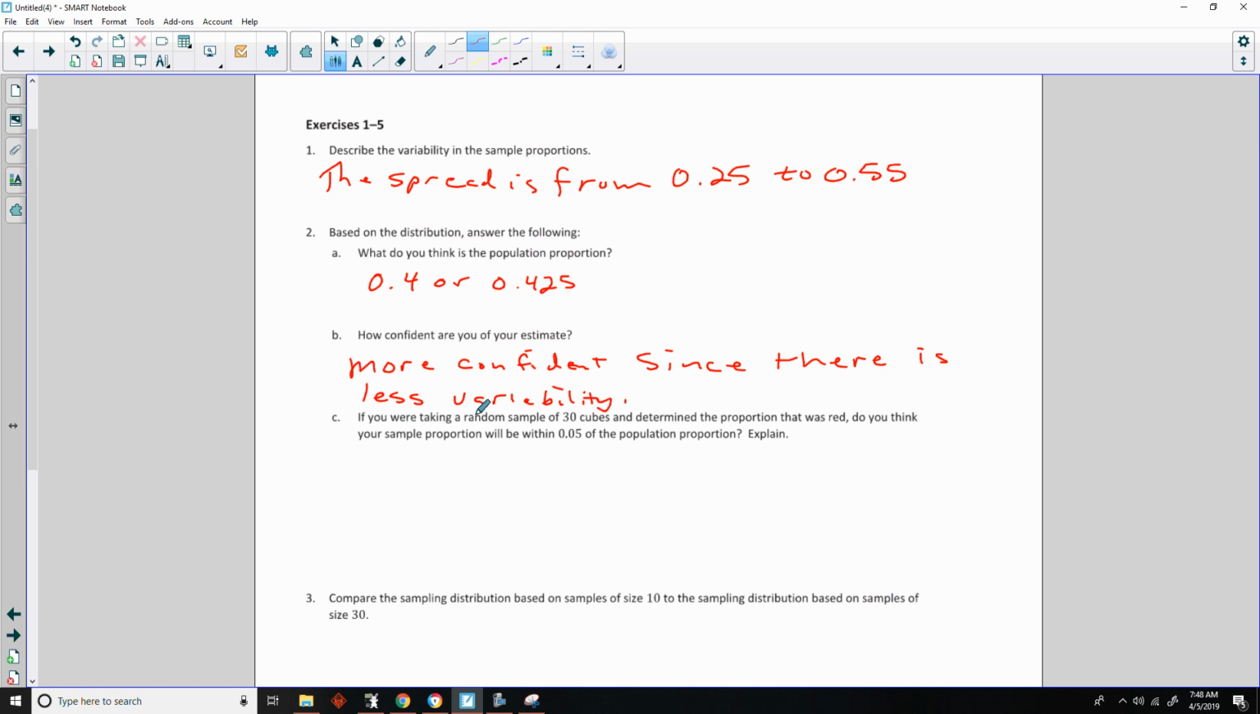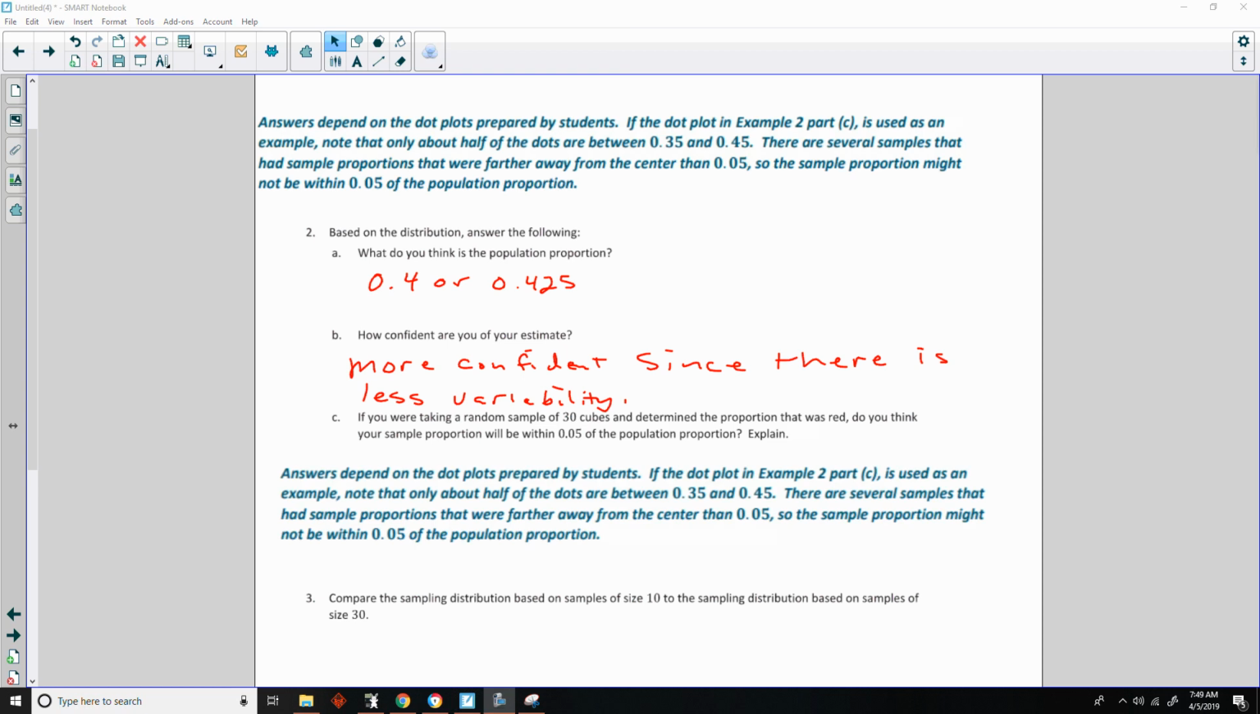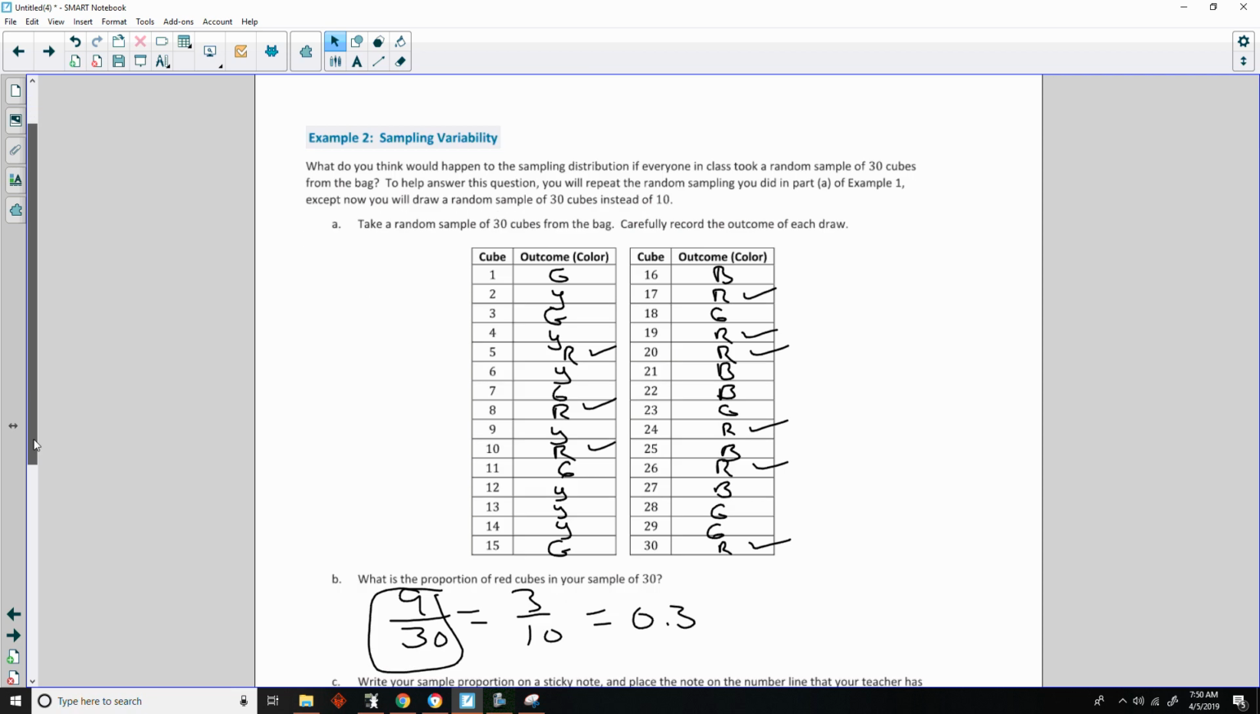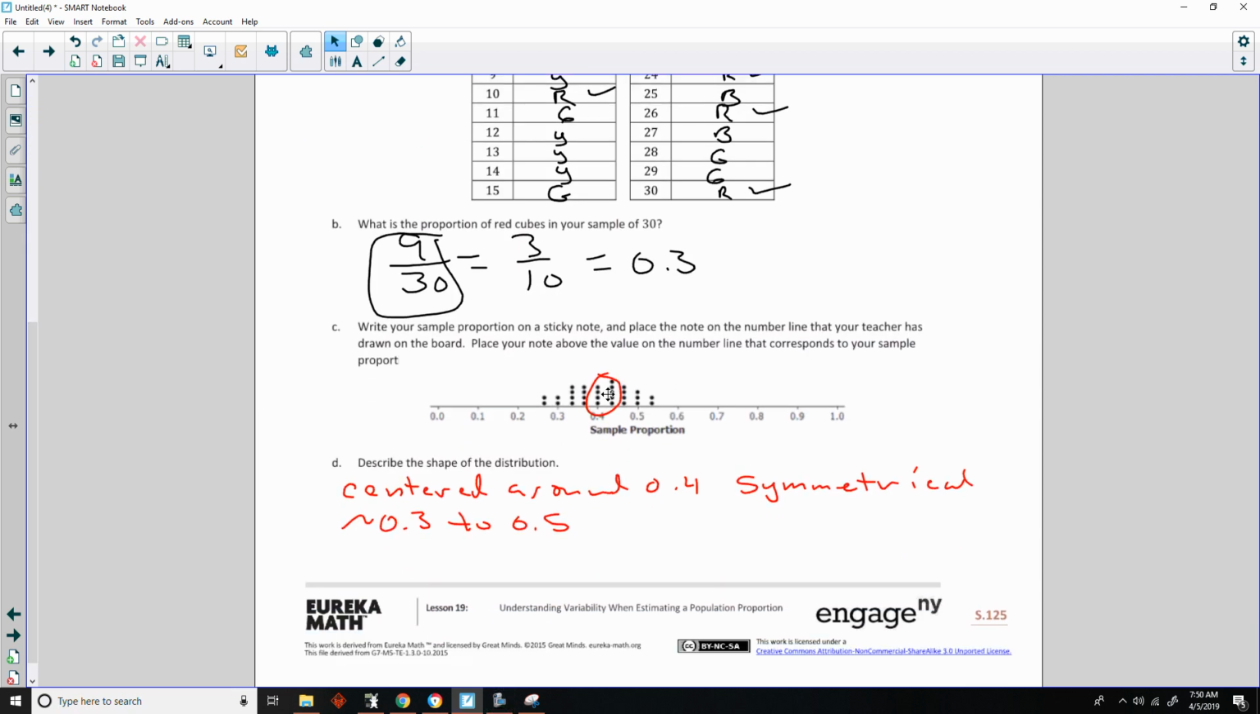If you were taking a random sample of 30 cubes and determined the proportion that was red, do you think your sample proportion will be within 0.5 of the population proportion? And explain. Okay, answers depend on the dot plots prepared by students. So if the dot plot in example 2 part C is used as an example, okay, example 2 part C, this one,